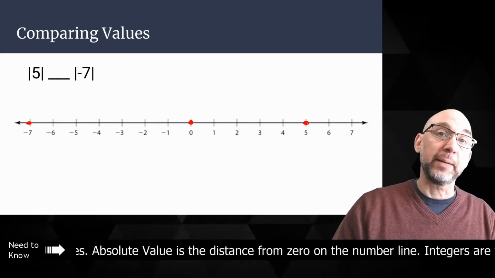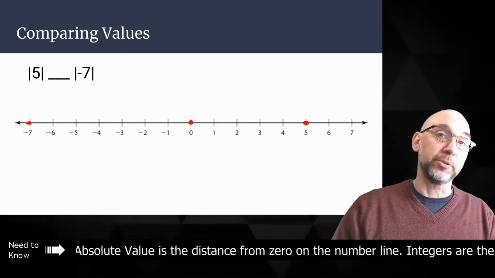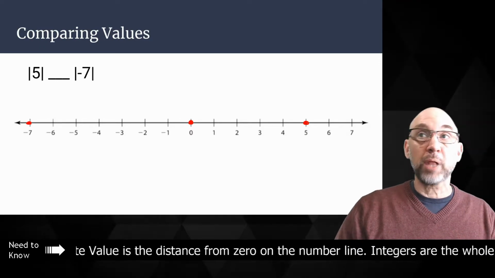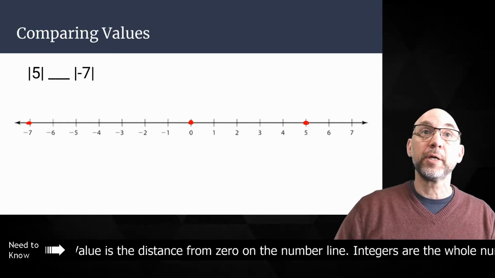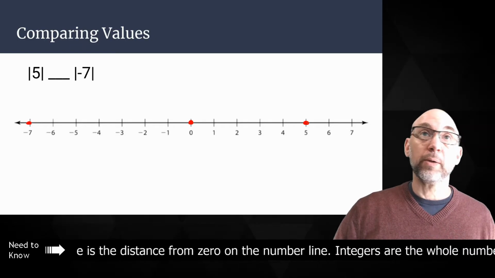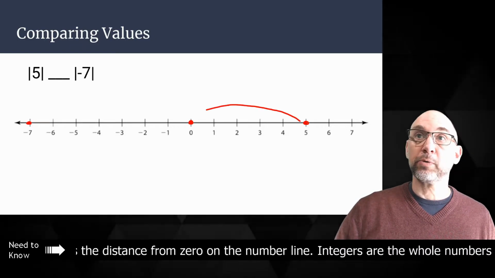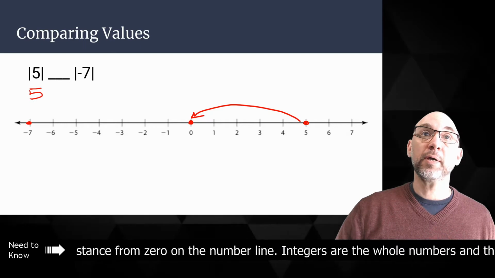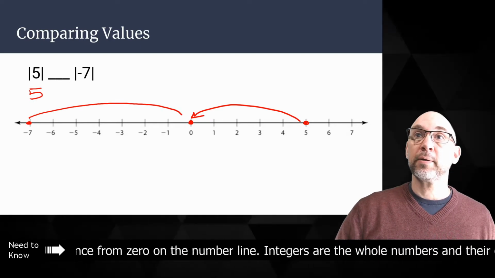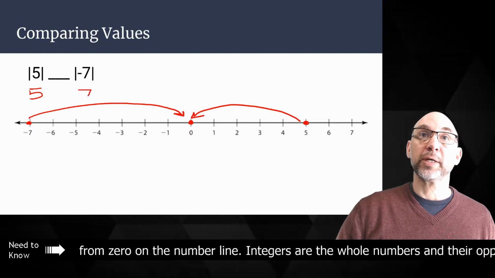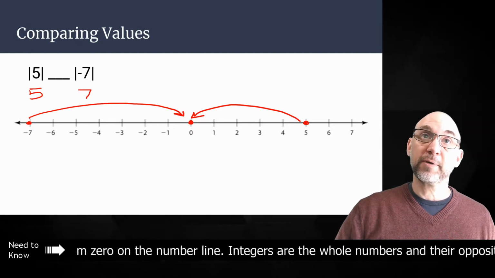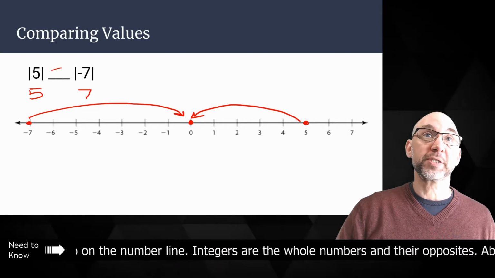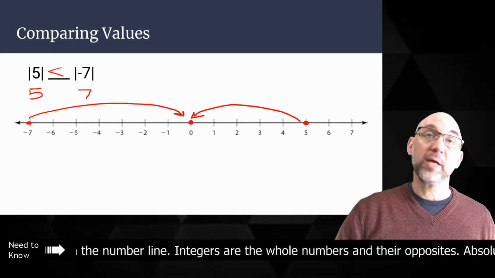One of the things you're going to need to be able to do is to compare numbers written in absolute value. So here I'm being asked to compare the absolute value of 5 and the absolute value of -7. So I've plotted 5 and -7 on my number line. Here's 5, here's -7. I also plotted 0. Well, what's the absolute value of 5? Well, if I counted the spaces here, 5 to 0 rather, the absolute value of 5 is 5. And then -7, again, the distance to 0 is 7 units. So if I'm comparing the absolute value of 5 to the absolute value of -7, the absolute value of -7 is actually greater than 5,